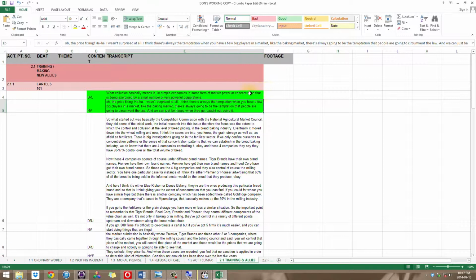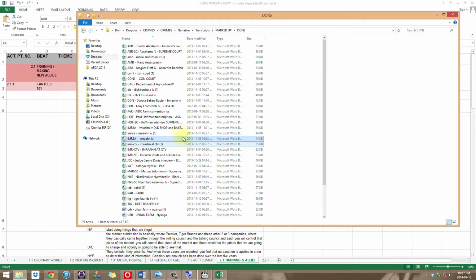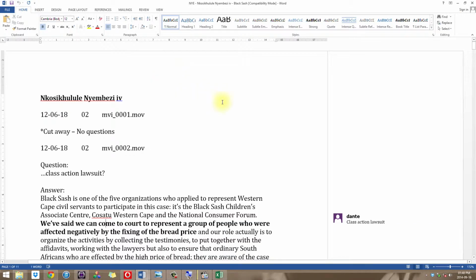You might ask yourself, how on earth do we translate this into an edit? This must be an incredibly time-consuming process. Well, not so much. So going back to my Nyembezi transcript, what we can do is actually import this transcript